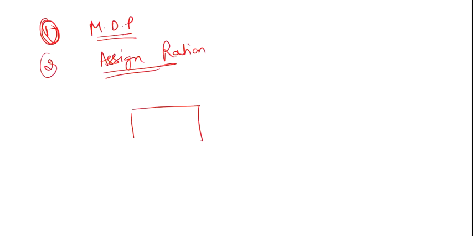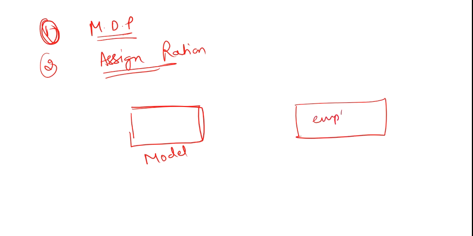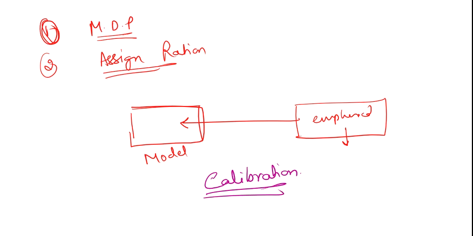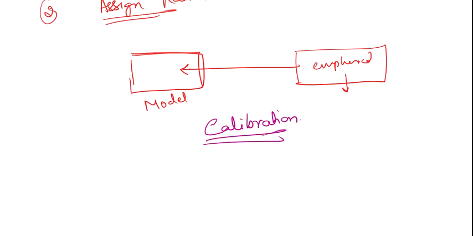Now see, your statistical model is created. This is your statistical model, and this is your empirical data. What does empirical data mean? It means the data and information which you have collected through observations and experiments. Now you want to fit your empirical data into the statistical model, and this process is known as calibration. Important. What is calibration? When you fit your empirical data into your statistical model, this is known as calibration. Clear? Now this model will provide you the default probability and the rating.